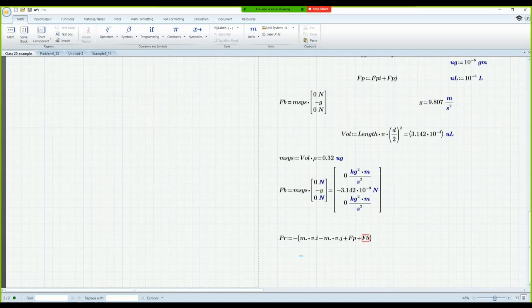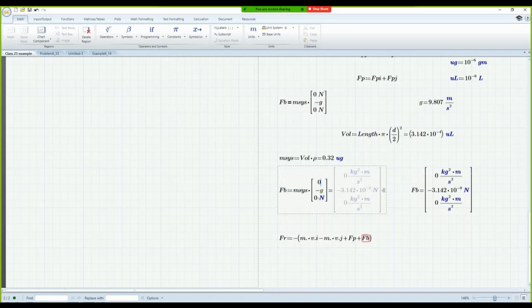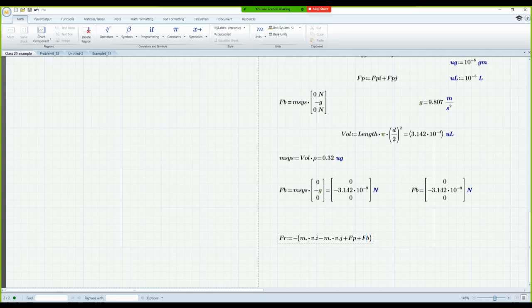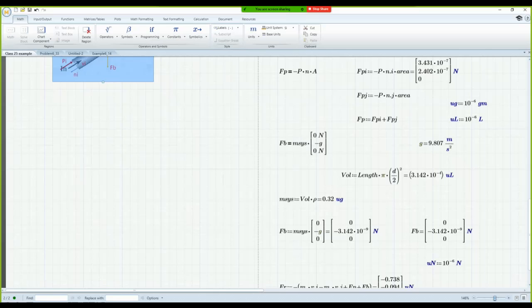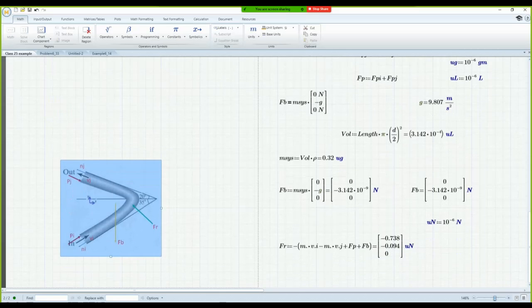Oh, FB, the units are, okay, what's FB equals? Let's see what happens. Why is it doing that? Yeah, it doesn't like me putting the newtons inside, I guess. All right, so there's our answer. We have it in newtons, very small. Maybe we can try micronewtons. So there's the reaction force required to hold this tubule in place under the conditions that were given in the problem statement. So now you just finish up with a finalize